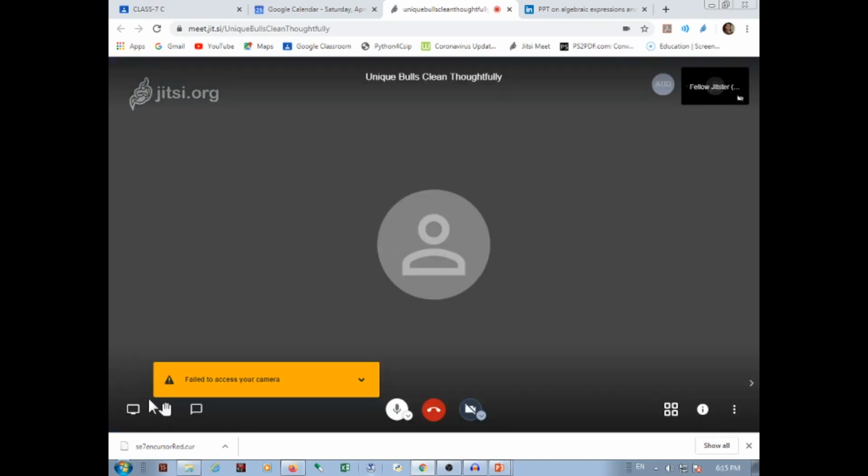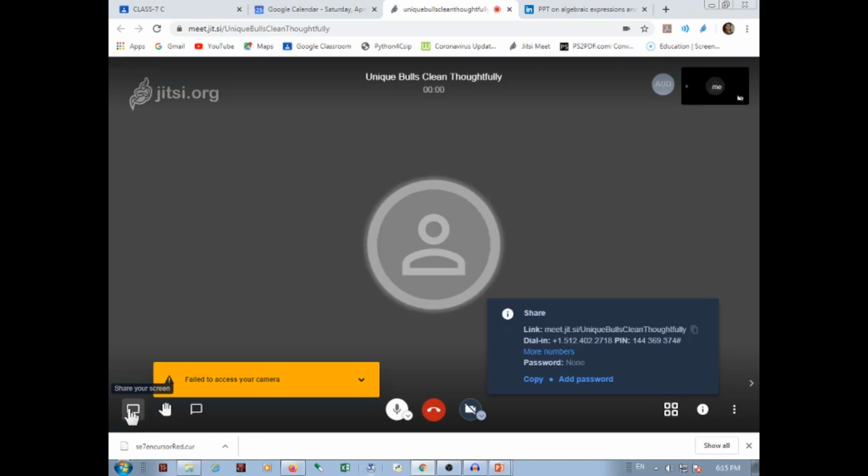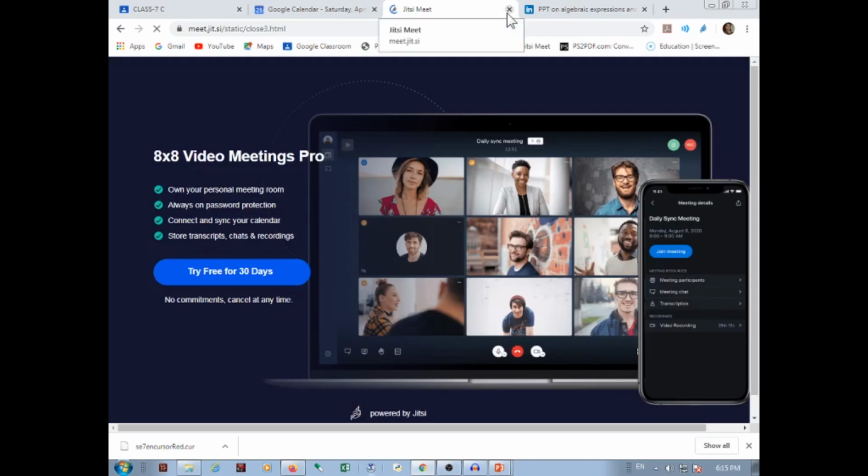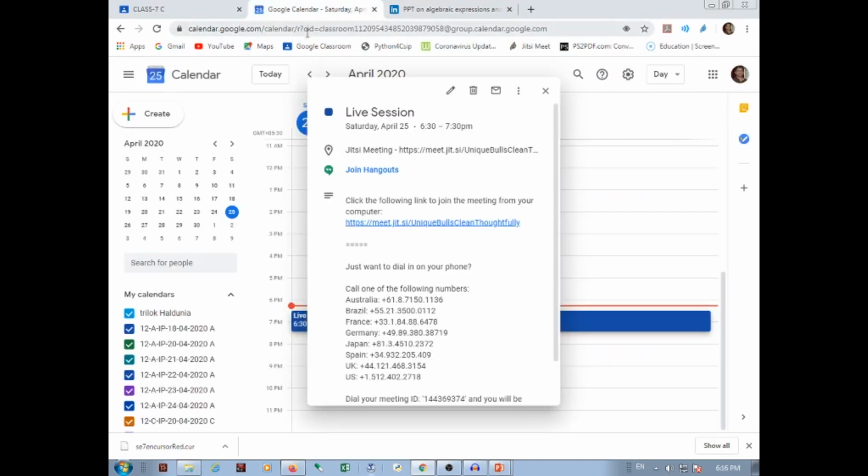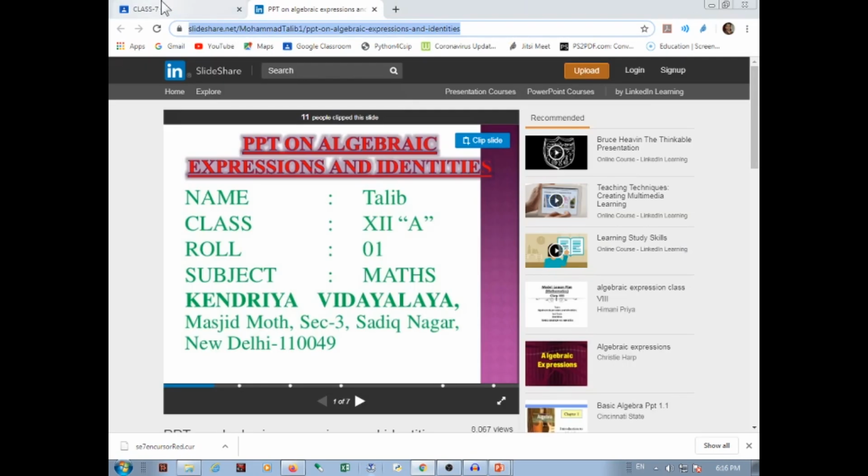So simply you click and you will be directed for the video call. Here this option is given to share your screen. So screen share facility is there. Okay. So this is the interface of the teacher through which we have gone through all the things which are available under the Google Classroom.